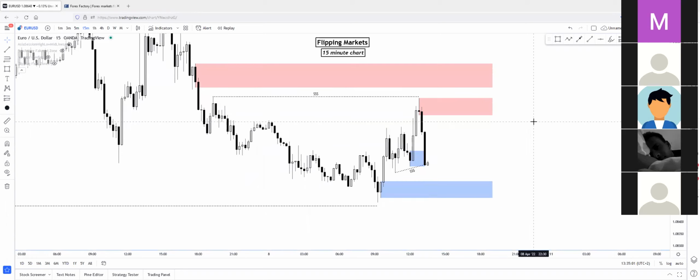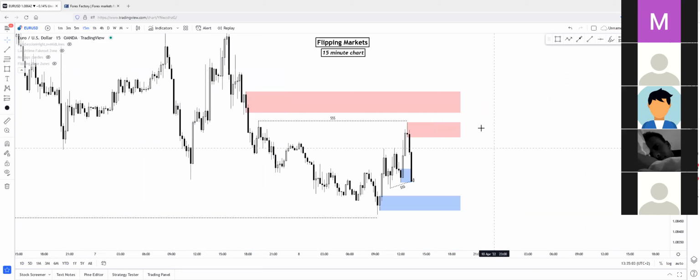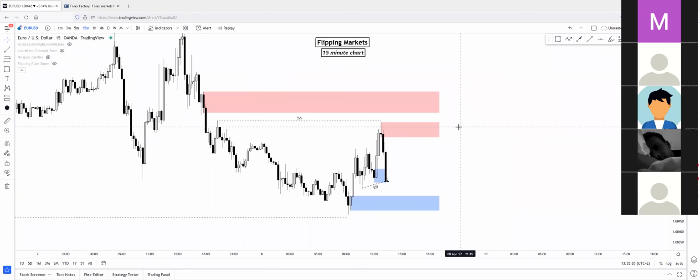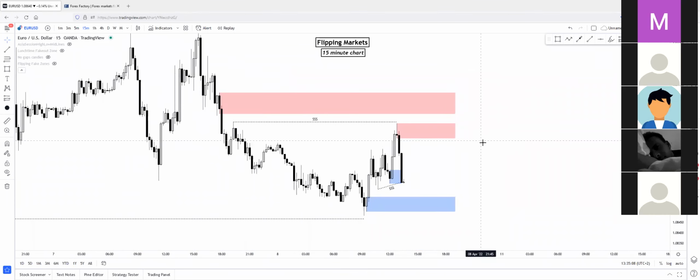Okay, perfect. So once again, there are two scenarios. You have to keep these scenarios in mind, and you have to act based on these scenarios. You have to trade based on these scenarios. The first scenario, if price body breaks below this demand zone. Actually, there are three scenarios, sorry. If price body breaks below this demand zone and creates a pullback, you will be able to create a short opportunity right here,